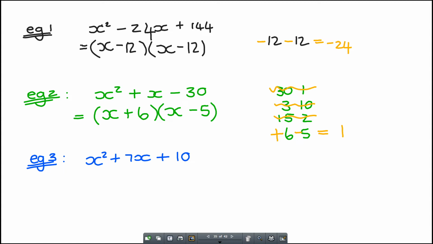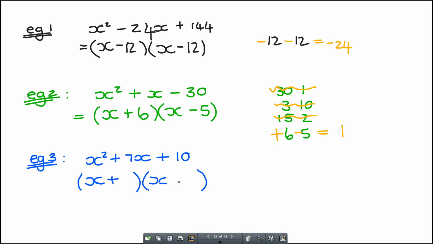Okay, example 3. My sign is a plus, and when it's a plus, I know I will either have x plus something, or x minus, x minus. So how do I decide between the two? We said we look at this sign, the coefficient of x. Because that's a positive, I know it would be x plus